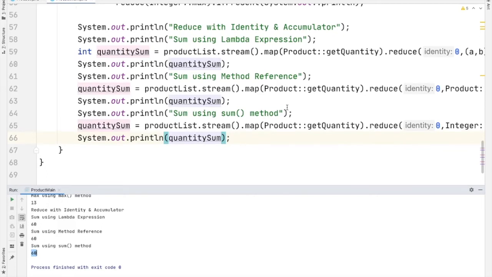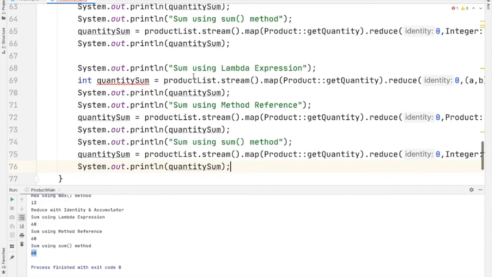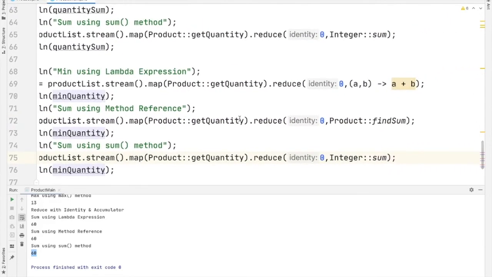Now we look into min using lambda expression. We'll copy all this and paste, and change all the required things. Let us rename this as min quantity. Now we'll change all these parameters.